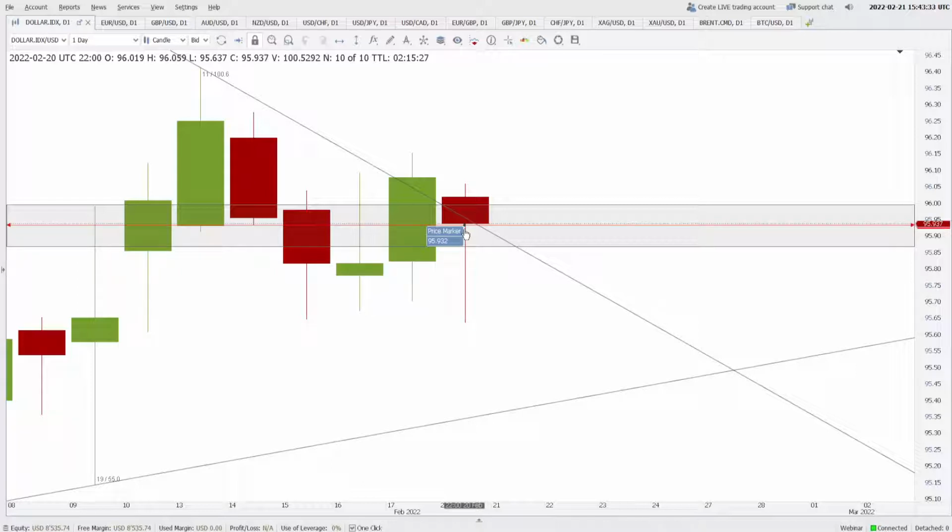Now it is trying to trade a bit higher than the already broken support level, which now should start acting as resistance. But you see the price is actually struggling hard to go up, because if you switch to 4-hour,